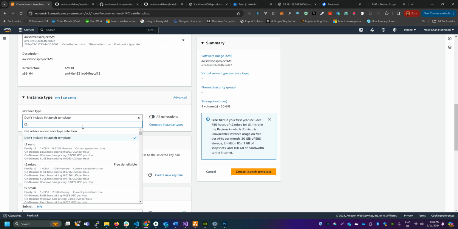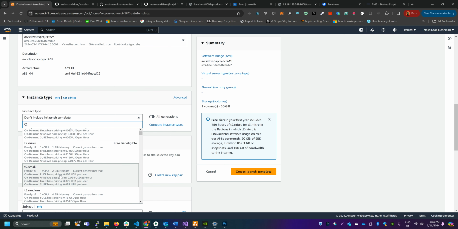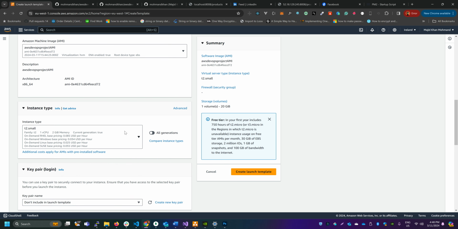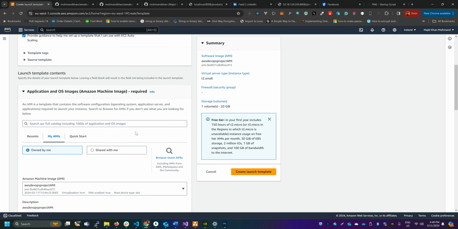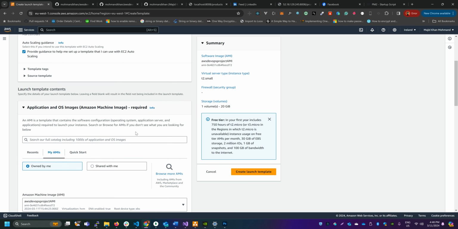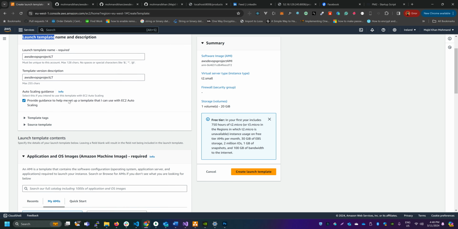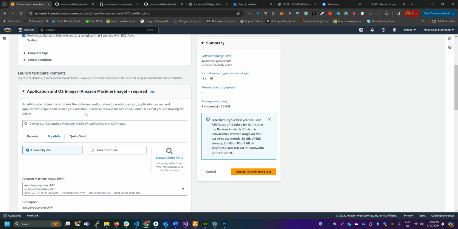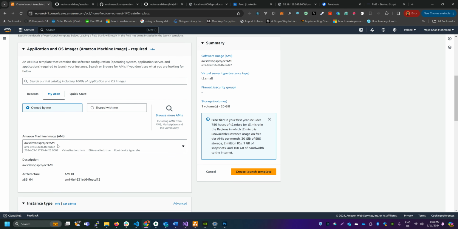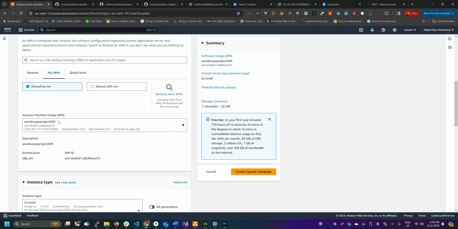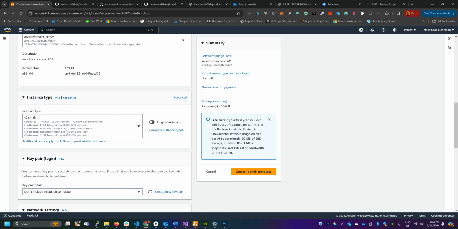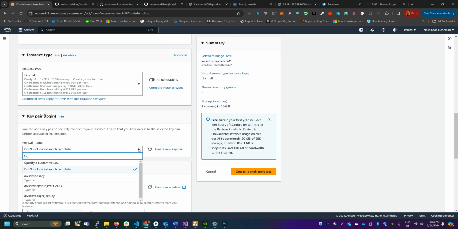The instance type should be T2 small, right? This is just like creating another EC2, but we call it a launch template because we are specifying a lot of things already to create an EC2 using this AMI image that we have created or is in the process of creation. But the instance type should be this one, and use the key pair that we previously created,